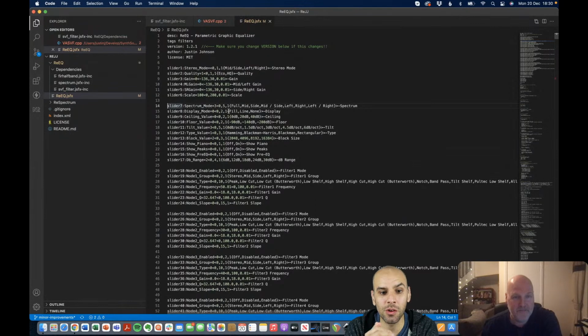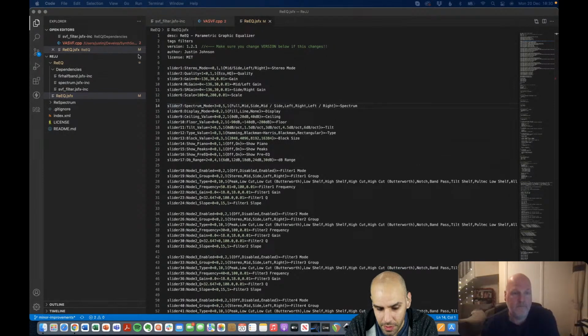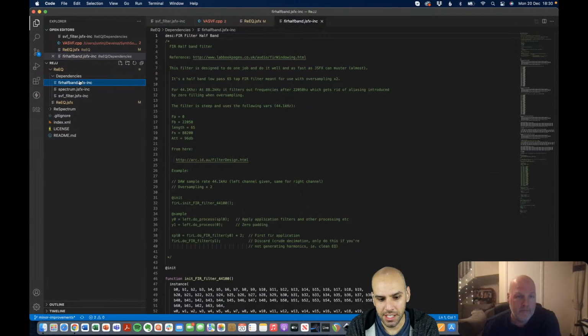We are going to dive into the ReEQ code base. And in case you don't know this, if you're watching this, you probably know this. Justin is the author of ReEQ. So we are going to go into the code base and talk about filters and oversampling and graphical user interfaces. It's going to be a lot of fun. So, Justin, I thought we could start with